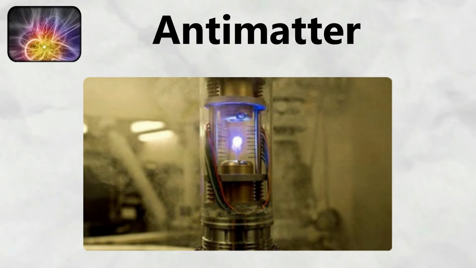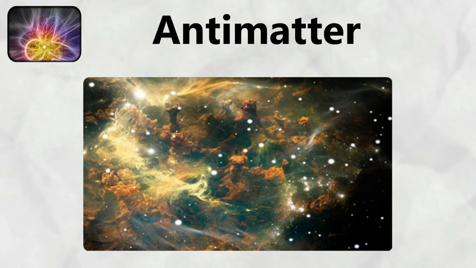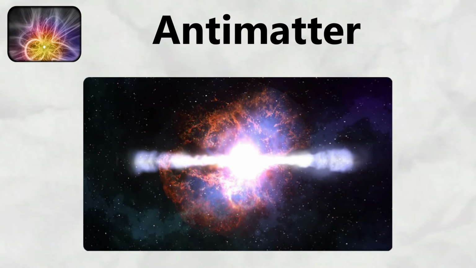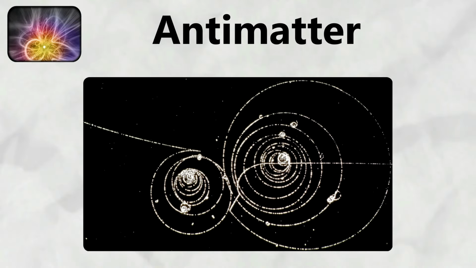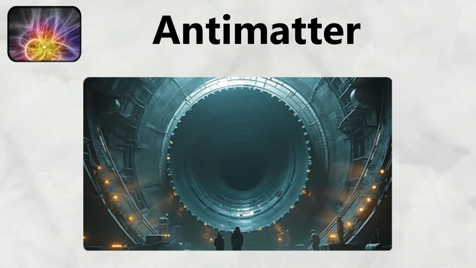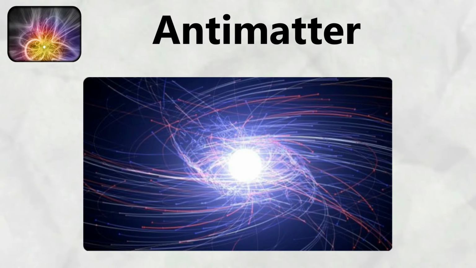Storing antimatter presents enormous technical challenges, because any contact with ordinary matter results in immediate annihilation. Scientists use magnetic and electric fields to trap charged antimatter particles in vacuum chambers, preventing them from touching the container walls. Even with these sophisticated containment systems, antimatter can only be stored for minutes or hours before it eventually encounters stray matter particles and annihilates.